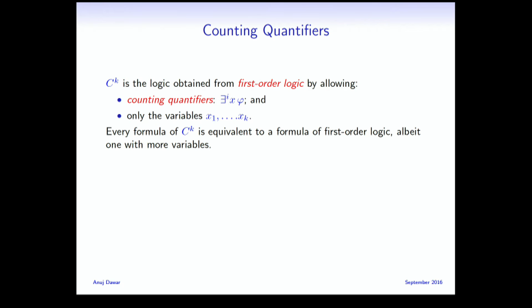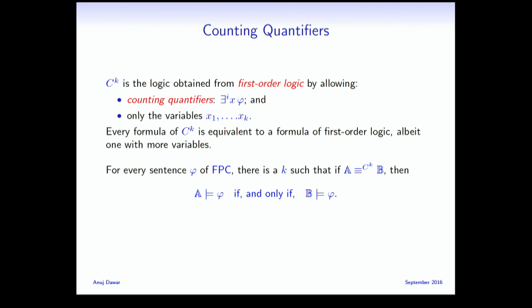But the problem is the combination of the two. If you do that, you blow up the number of variables. So C^k is certainly not a fragment of L^k. C^k, even for fixed values of k, is not a fragment of L^k' for any k', right? The translation doesn't work; you can't translate with a bounded number of variables. But it's a well-defined fragment of first-order logic. And therefore, we can define the notion of equivalence in this, and it is still a coarsening of elementary equivalence. So this is another stratification of elementary equivalence.